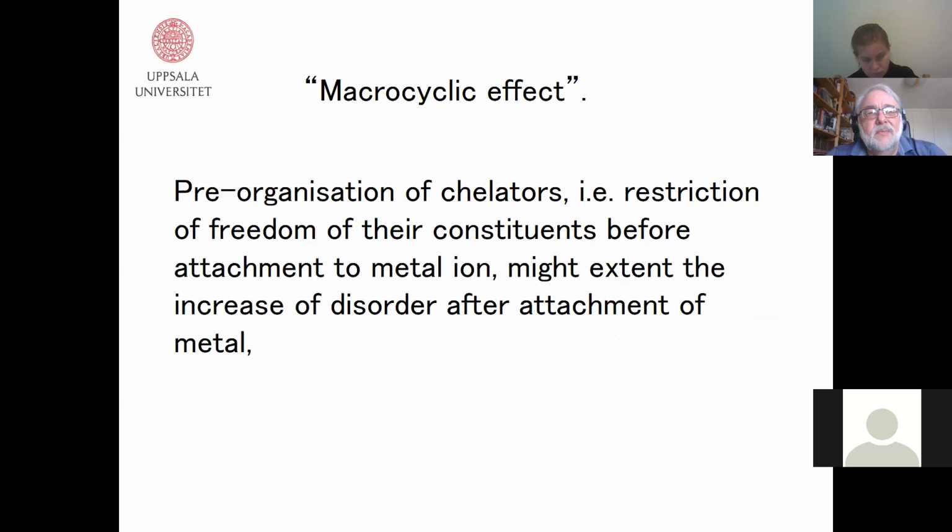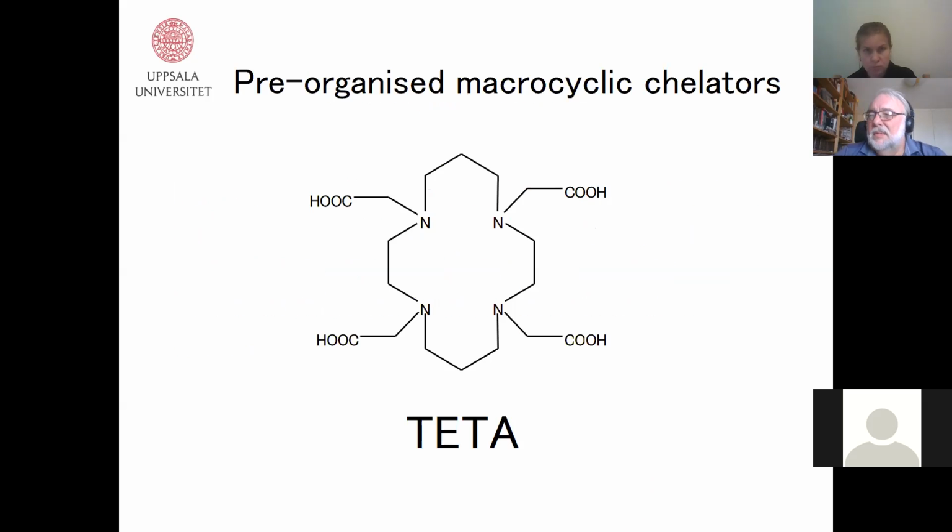And this would prevent loss of chaos. Here are a few examples of such macrocyclic chelators. Here is a chelator called TETA, and you can see that nitrogen atoms are placed inside a pretty rigid structure